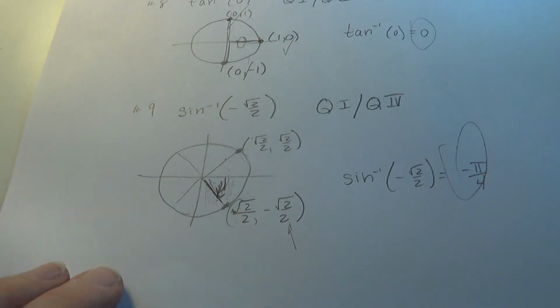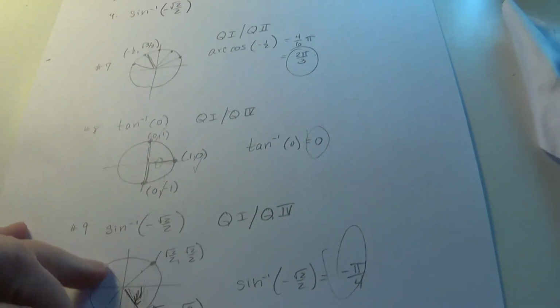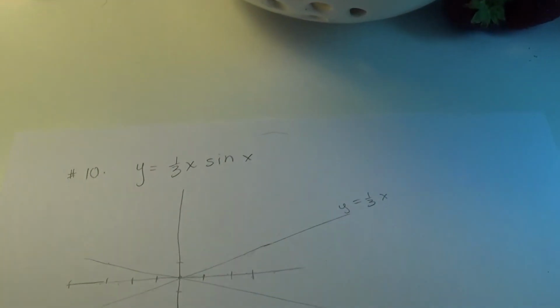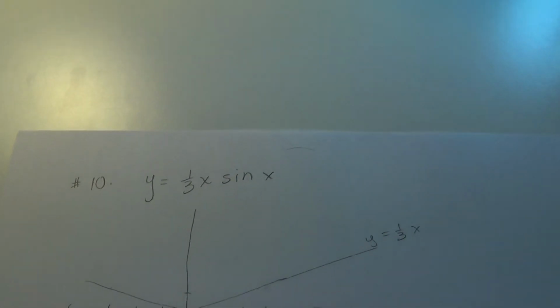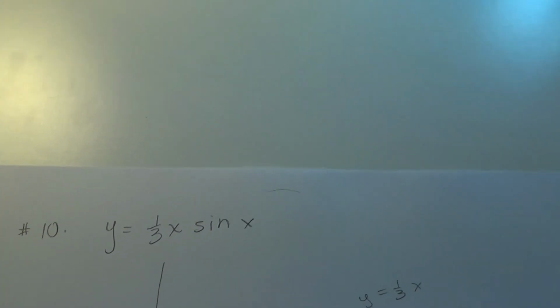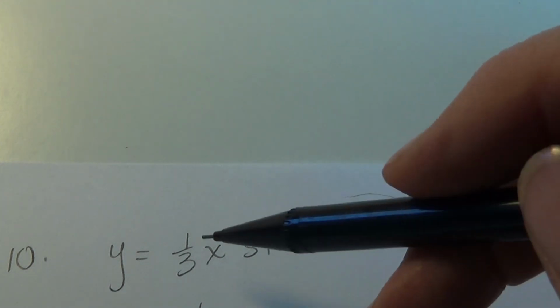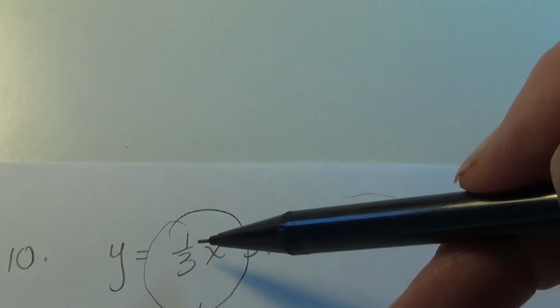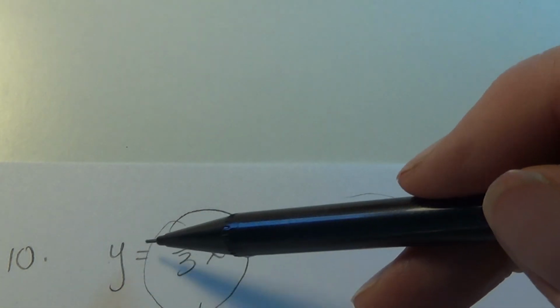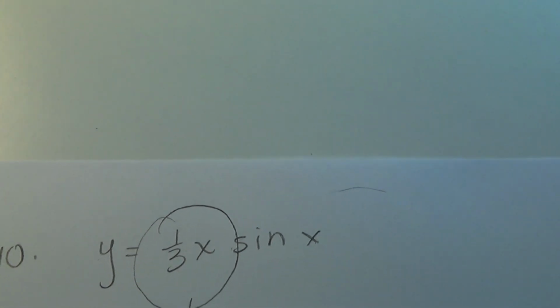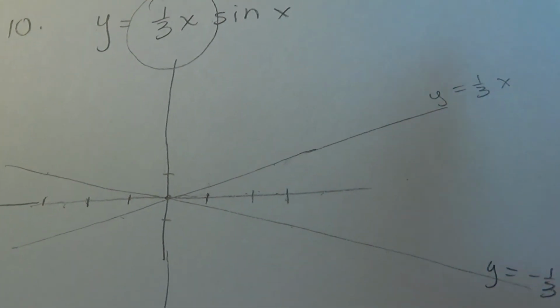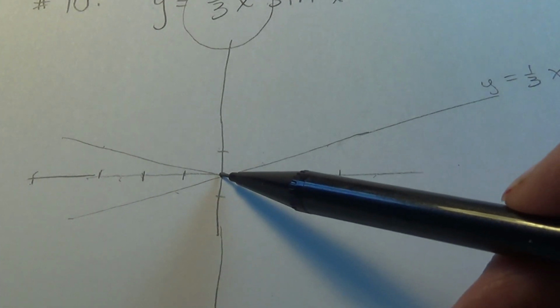So that's that. The last one that we're going to talk about is the dampened or damped, I've heard it called both, trig function. So on this one, we're looking at y equals 1/3 x sine x. So pause and graph, turn it back on, and here we are with the answer. This is the part of the function that causes the boundaries. It will be y equals 1/3 x and y equals negative 1/3 x. So when I graph y equals 1/3 x, it's a straight line. It crosses at the origin and has a